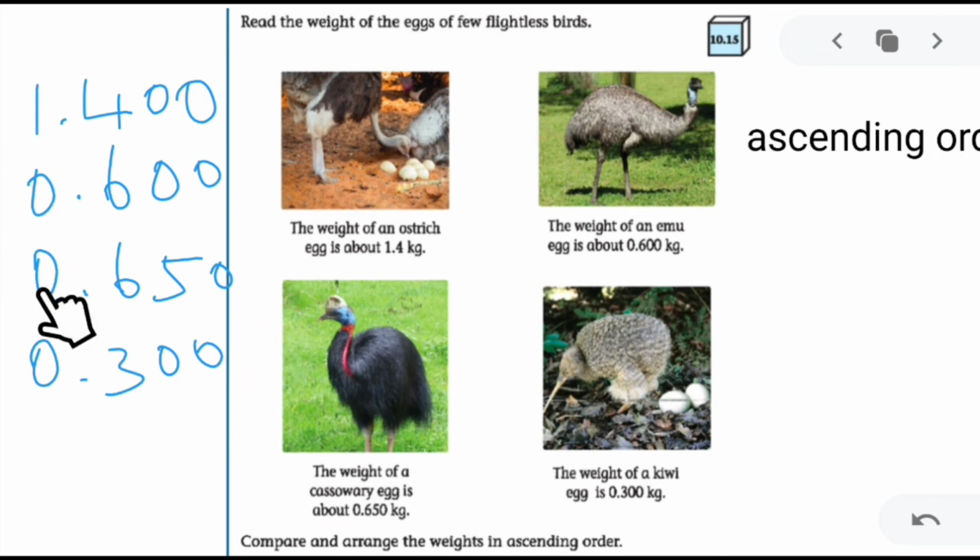So which number is the smallest? Compare the whole numbers first, 1 and 0. Which one is smaller? Yes, of course, 0 is smaller. Now compare these 3 numbers. All the whole numbers are 0. So next we will compare the tenth place. The tenth place is 6, 5 and 3. Which one is smallest? 3 is the smallest. So 0.300